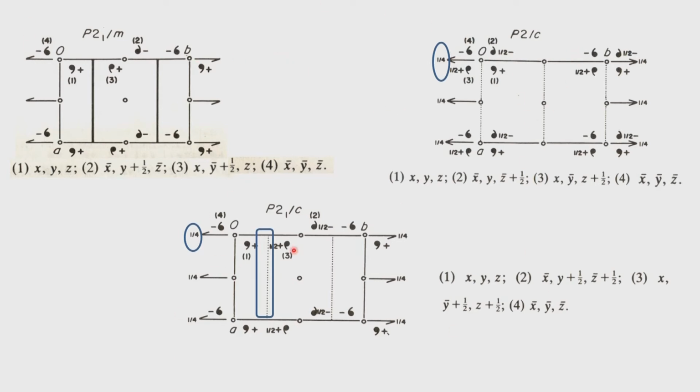Therefore, we will not have all those systems which I mentioned, as we will see in the next few slides, because the systems which we can have are limited. Wherever there is a C operation coming up, once it is a C-centered lattice, the 2-1 disappears and we will have only C2, and therefore we have C2/c and C2/m. We will not have C21/m, and that is something we will discuss as we go further.